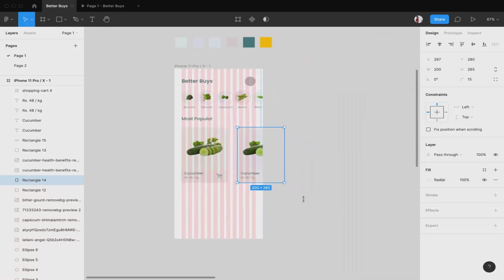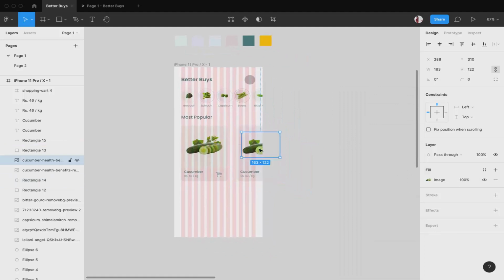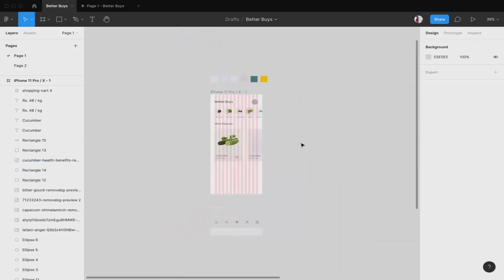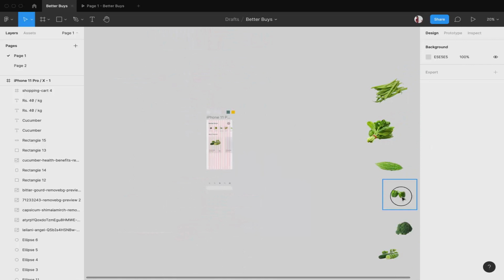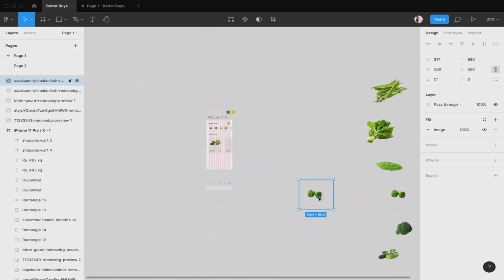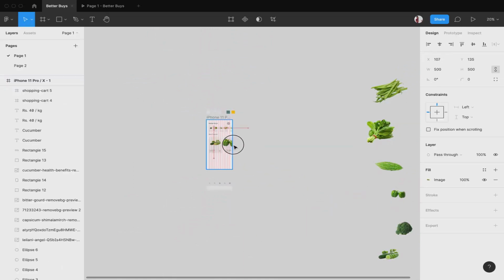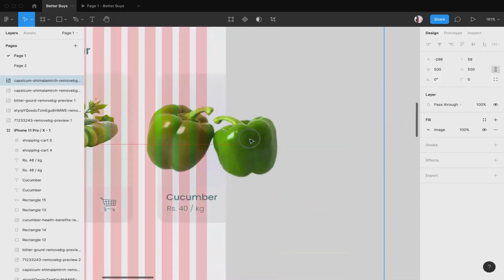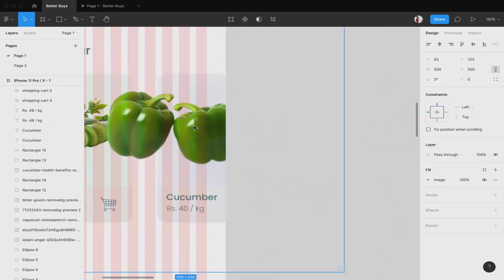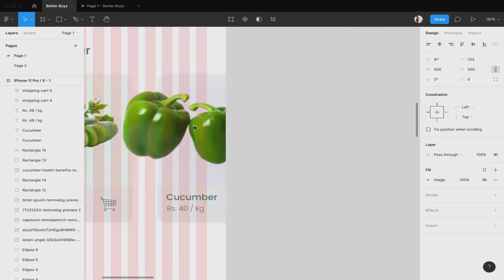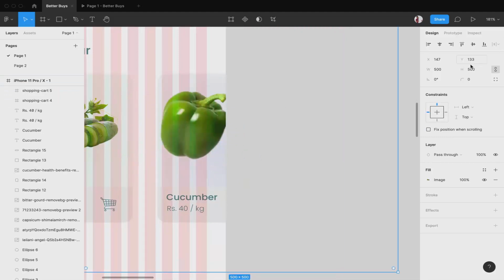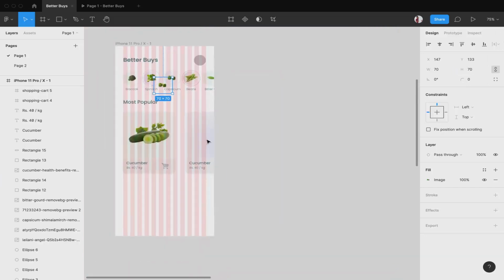Now let's change the item. Instead of cucumber, let's make it capsicum. So I'm gonna put it inside. I'm gonna reduce the size to, let's say, 70. No, so 70 is very small.